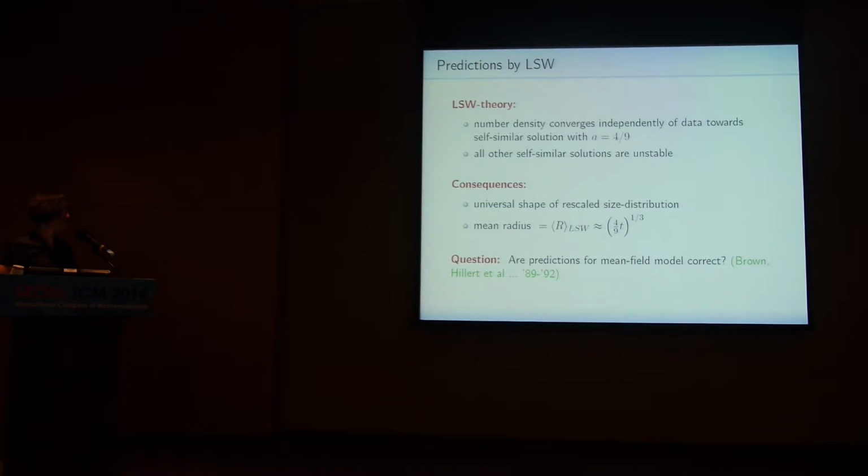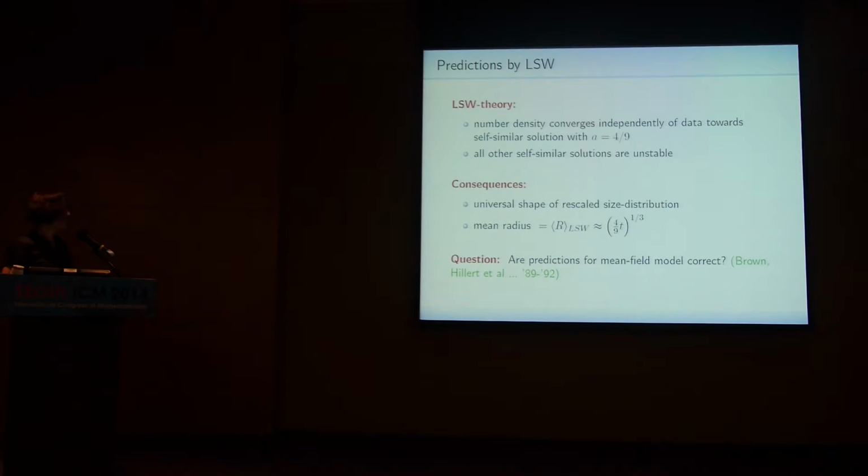But then, already in the 80s, there was a discussion in the material science literature where they said, okay, let's accept the mean field model, are the predictions on the long time behavior really correct? And the argument went back and forth, it couldn't be resolved. And then you find there the question, why can't the mathematicians help us here? This is a purely mathematical question. Here is this model, given initial data, what happens for large times?